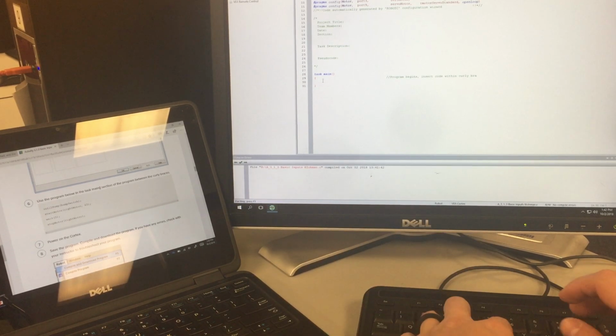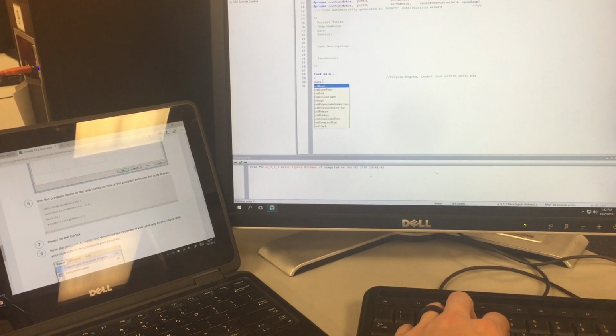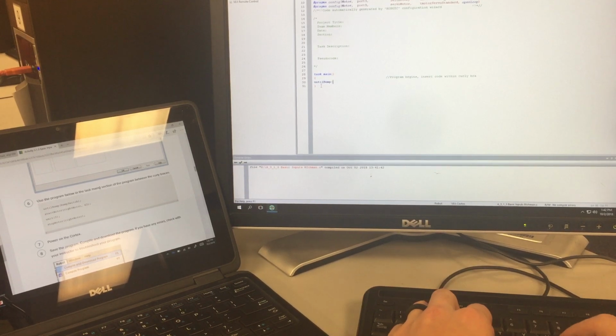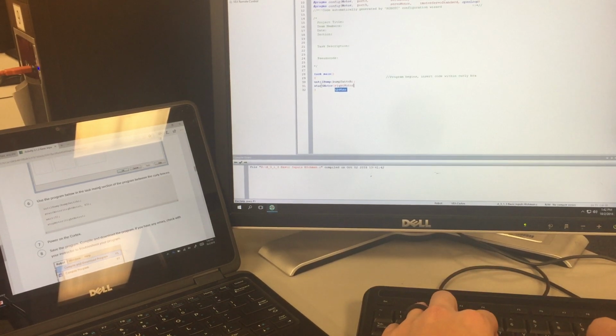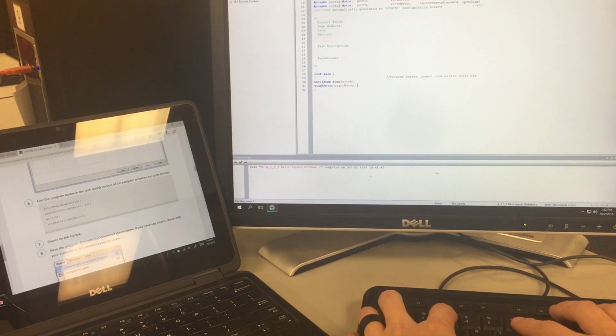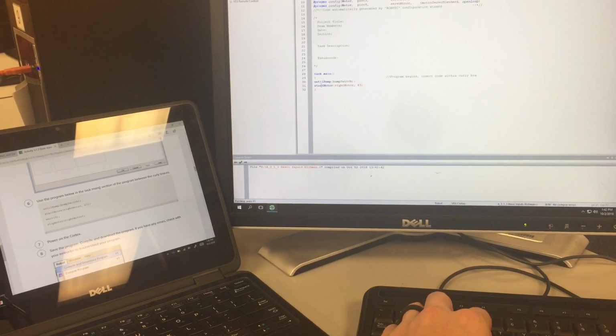So we'll see. Until bump, and I named mine bump switch, semicolon, until bump, start motor, and then I'm going to tell it which motor. Let's do the right motor. And if something auto populates, if you hit enter, it'll automatically fill it in for you. 63, so I'm turning it on half speed. Then wait 5 seconds,